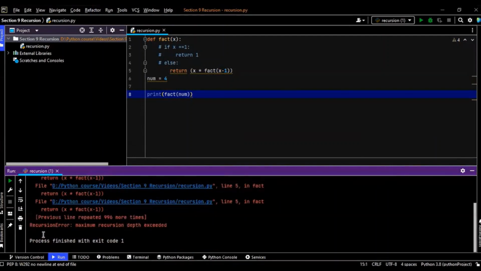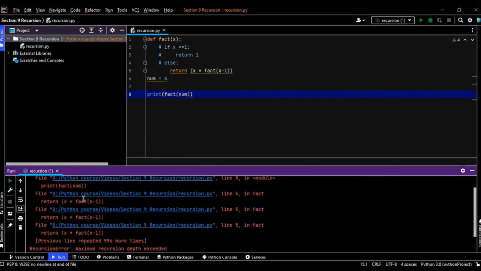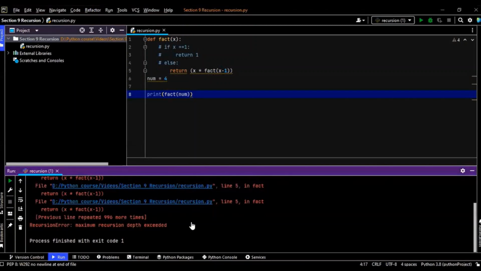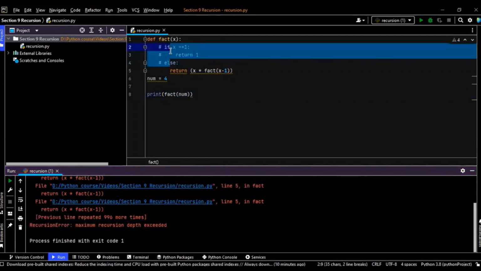So it actually repeated it 1000 times, and then it says recursion error, maximum recursion depth exceeded. Okay, so if the base case is not given properly or something is missing,